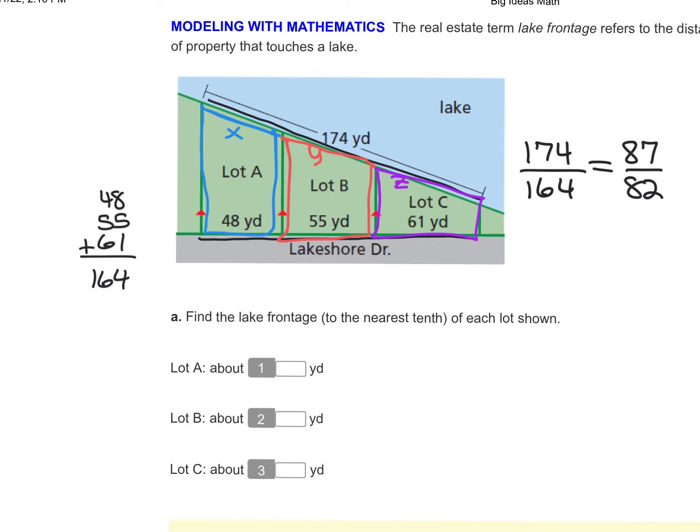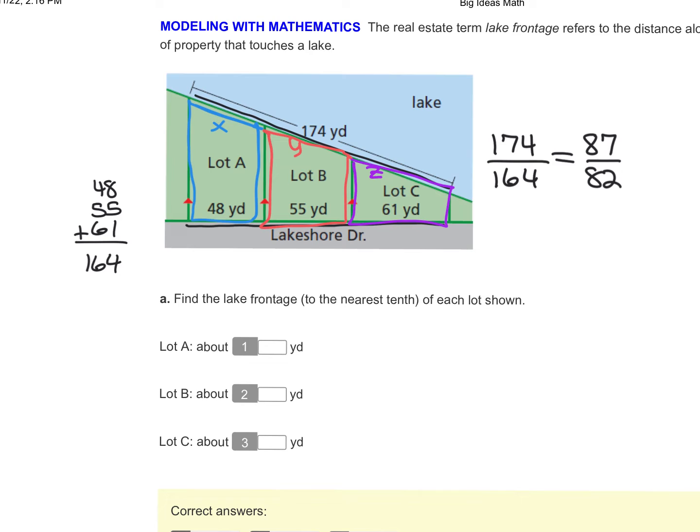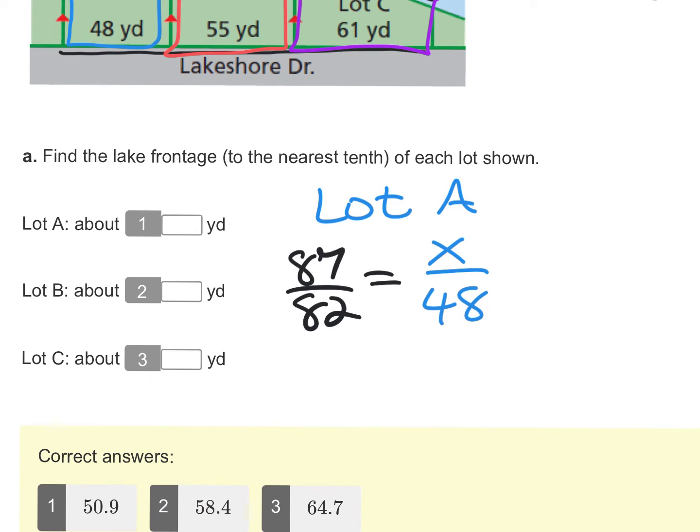Okay, so for lot A, I'm going to set up a proportion. So notice how I did the whole thing of the lakefront over the whole thing of Lakeshore Drive. I'm going to now do lot A's individual little piece, which is X, and put it over 48. And then I'm going to use what I just found, the 87 over 82. I'm going to go ahead and cross multiply. 82 times X, 87 times 48 gives me